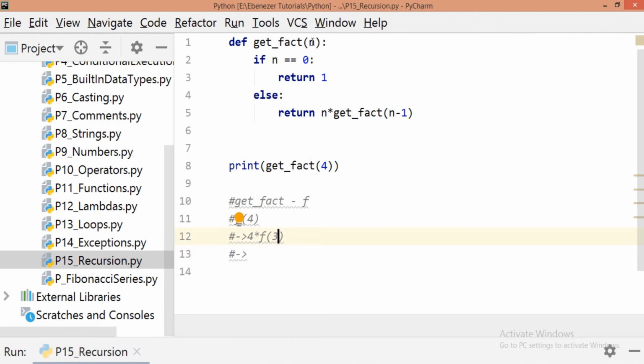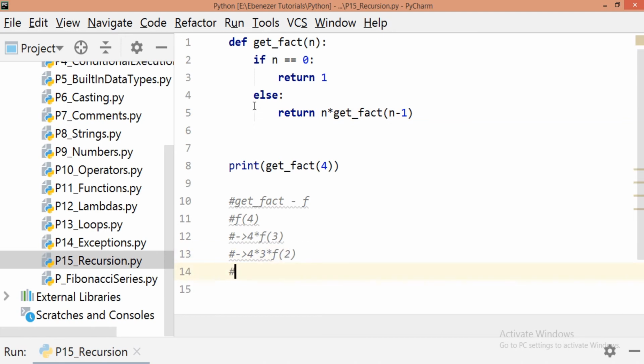So what does n have now? n has 3. So 3 is not 0 again, so again it won't execute the if block, it will go to the else block and it will return n multiplied by the factorial. So it would become 4 multiplied by, now n is 3, so 3 multiplied by factorial of 2.